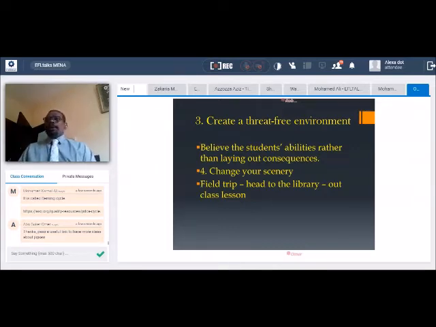So you are the teacher, you need to change the scenery, and there are many things you can do. First of all, you give them a field trip. You take them to the library. You teach them outside the classroom if the weather is fine, and you can even invite speakers to the classroom. So you have to change the scenery.